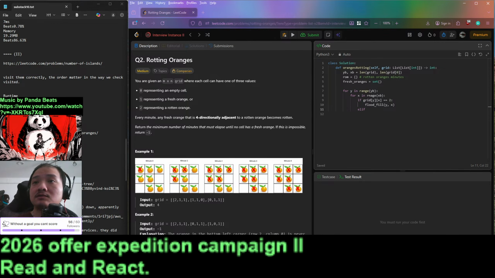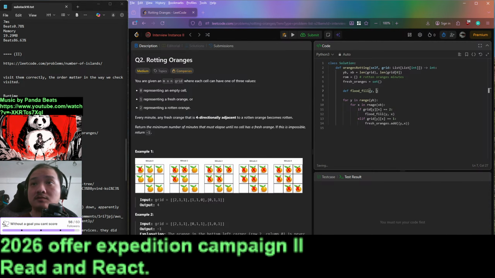If it is 1, then we add it to the fresh. Like that. Okay, so now we write our flood fill,